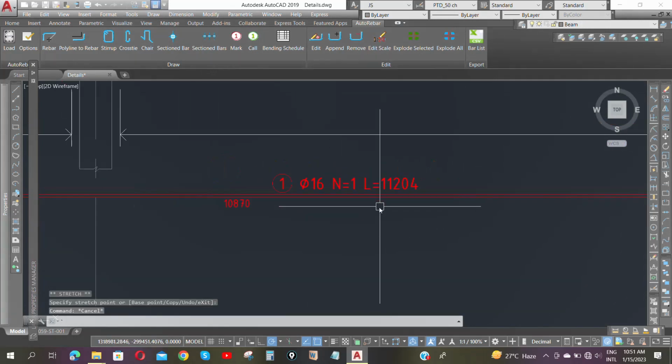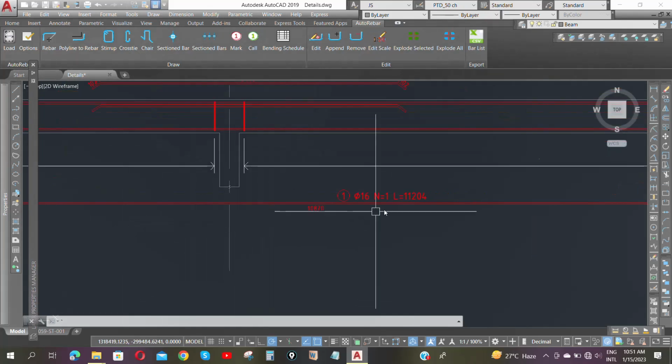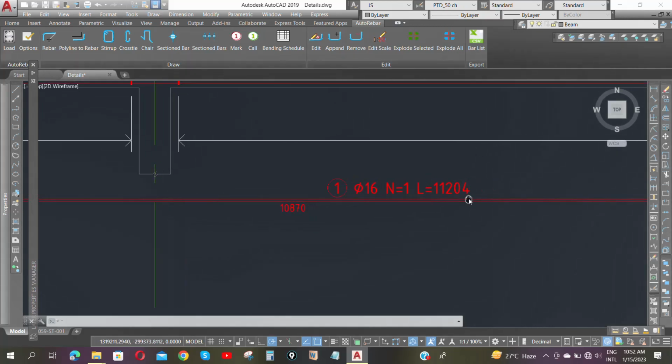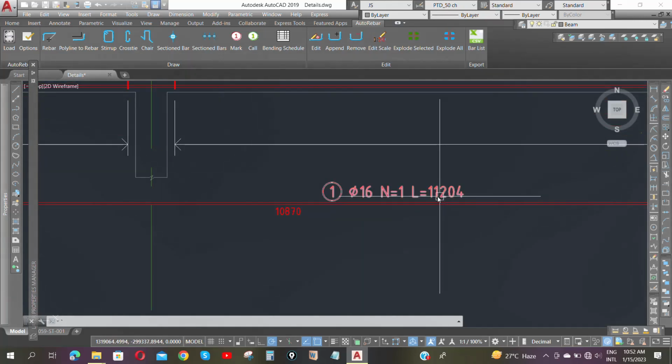Now, if you look at this, you see this is 200 plus 10,870 plus 400. That will give us 11,270. But what we have here is not 11,270. This is because this length is based on BS